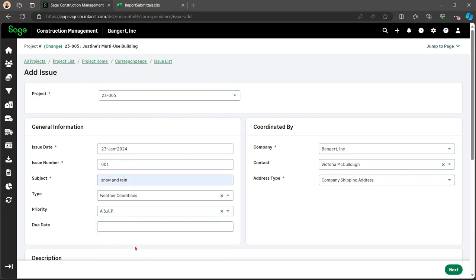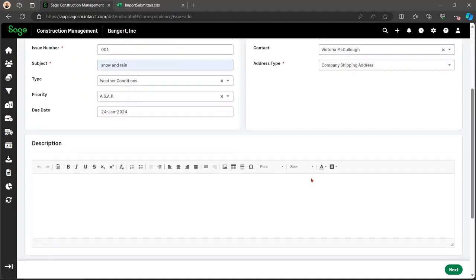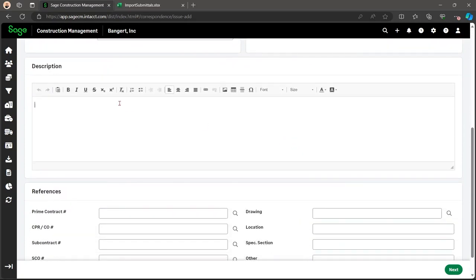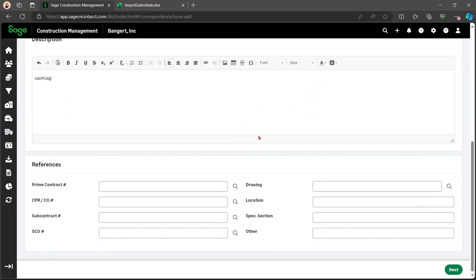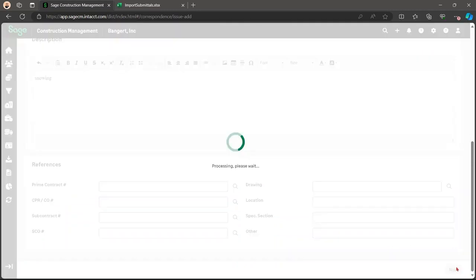You can put in your type, priority, and the due date. Coordinated by, it's automatically going to fill out for you, but you can change this. You can put in your description. Hyperlinks are available and photos are too. You can add references down here.